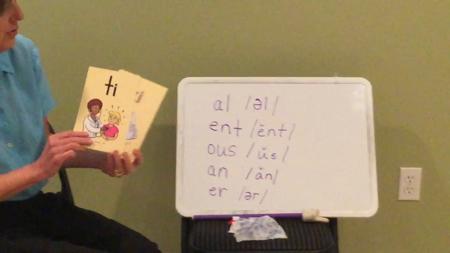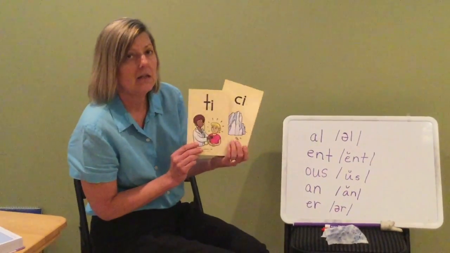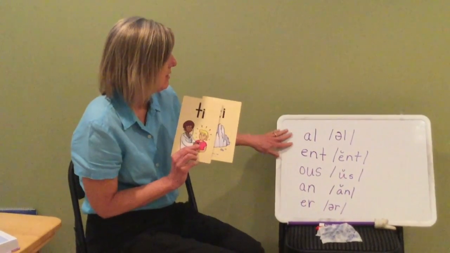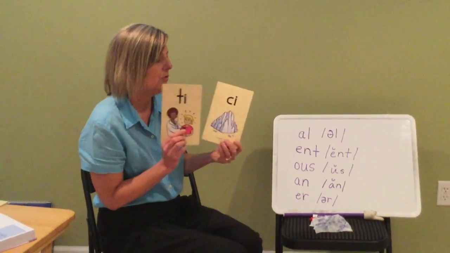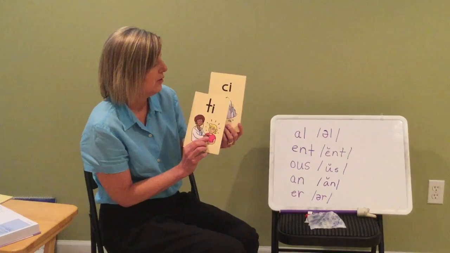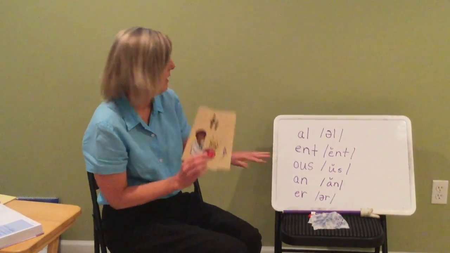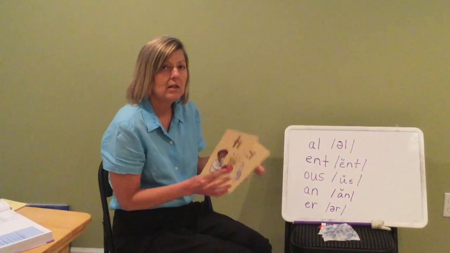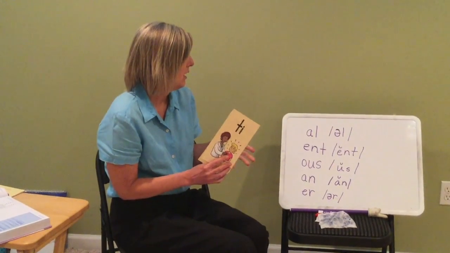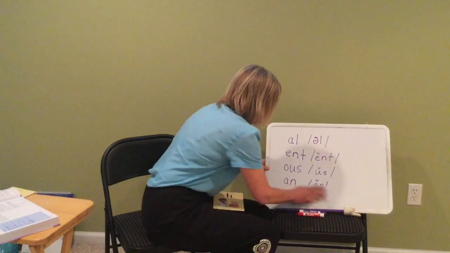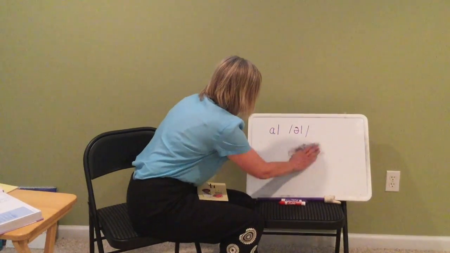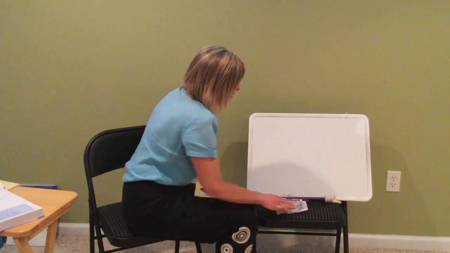Okay, we're going to talk about when you use the TI and the CI together with these suffixes, it makes kind of one sound. So these two glued sounds or digraphs, they're going to connect these suffixes together, and it's going to be part of the word. So it's going to actually be part of the syllable. So we'll see that in some of our words today. All right, we have just 5 words today that we're going to go over these sounds and